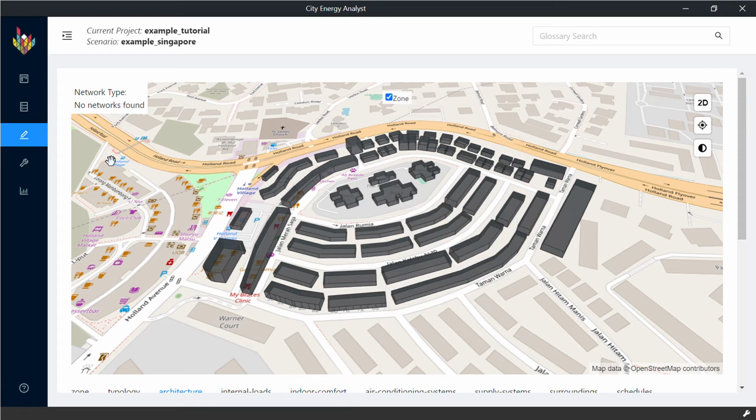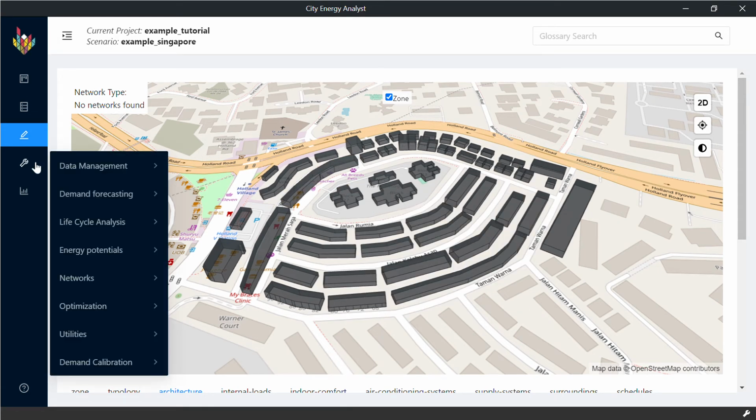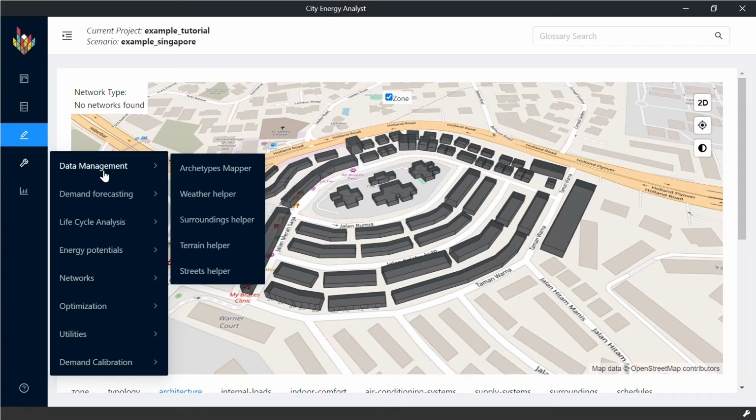Hello and welcome to this series of tutorials on City Energy Analyst. In this tutorial we're gonna learn how to generate other inputs required for our simulations after generating all the building properties. So if you come to this configuration tool under data management, we can see other scripts